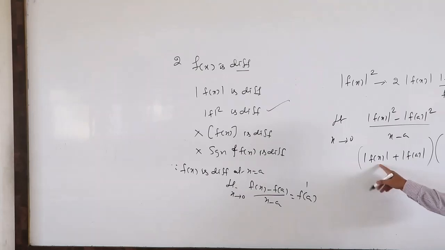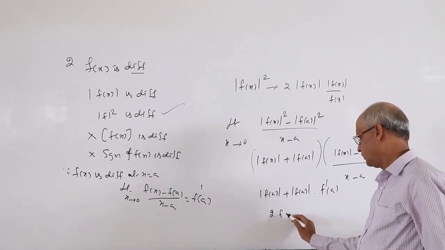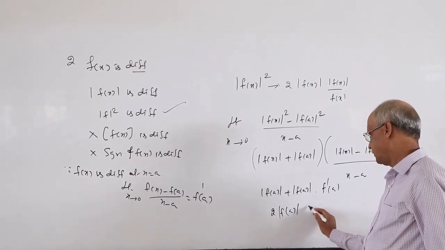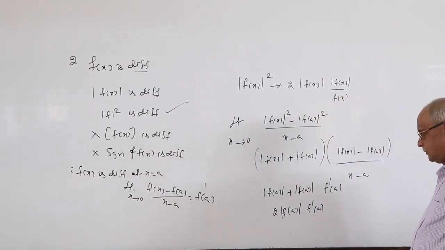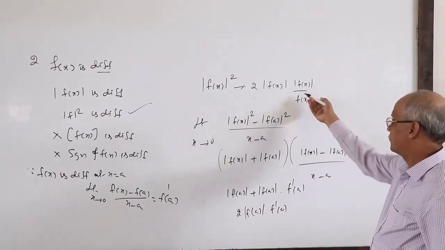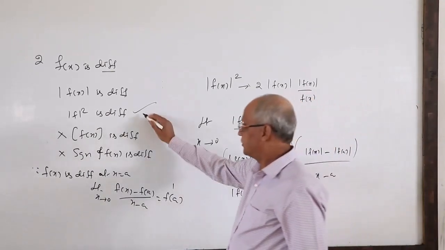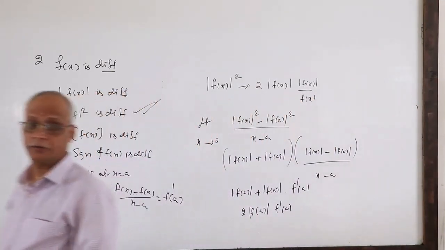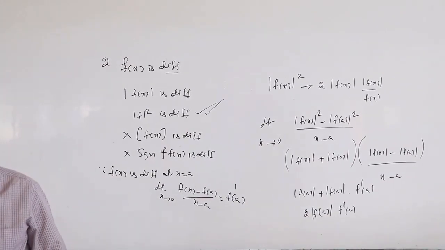Substitute x equal to a here. Even then also you know that. What is this? 2 times f of a into f dash a. Positive or negative you can decide. Here also the same. Suppose one term cancels, positive means therefore. What is implied? Mod f square is differentiable, is the final answer. Okay? Right. Next we will start another class with other problems. Right. Okay. Today it is enough.